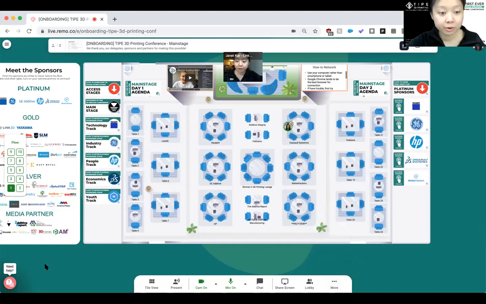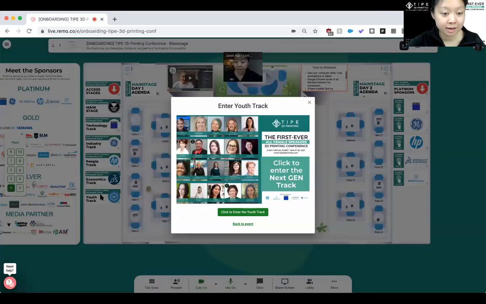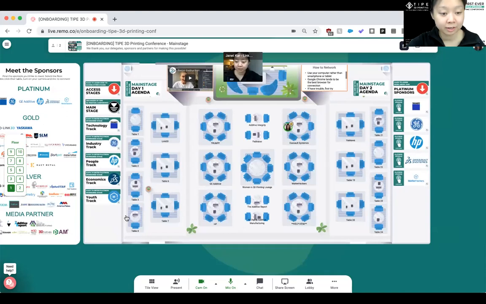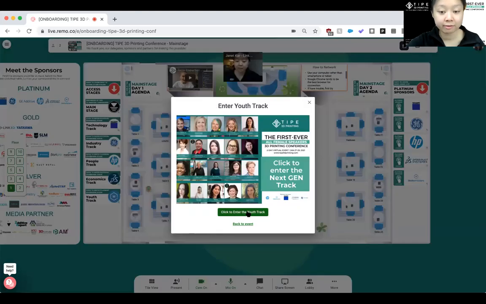Now I'm going to share with you, if you want to go to a track, what to do. So on the day of, you can visit the technology track sponsored by industry from GE, people from HP, and youth for Meta Hackers. And so you simply have to click to enter the youth track in this case. If you don't want to, you can go back to the event. But once you click into the event,